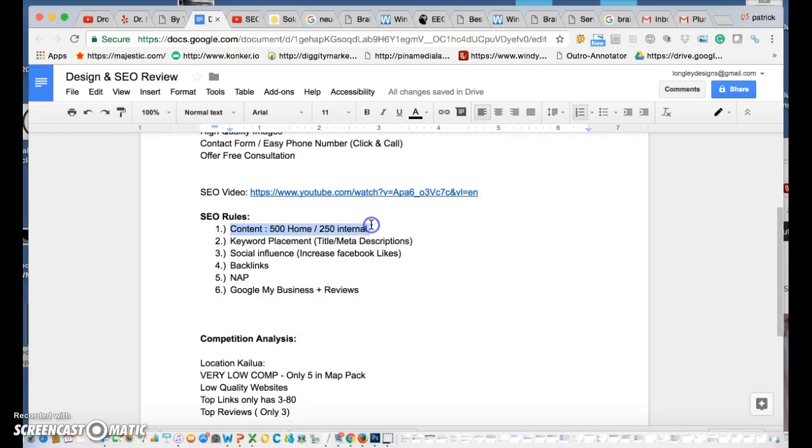Content, again, is very important. Google sees your website as a book, and it reads all the text. If you have no text, it doesn't know what your book is about, so it can't give that book to the person searching. So the rule of thumb is to have 500 words on the home page and 250 words on any internal pages, and of course with keyword placement in all of those, and also in the title